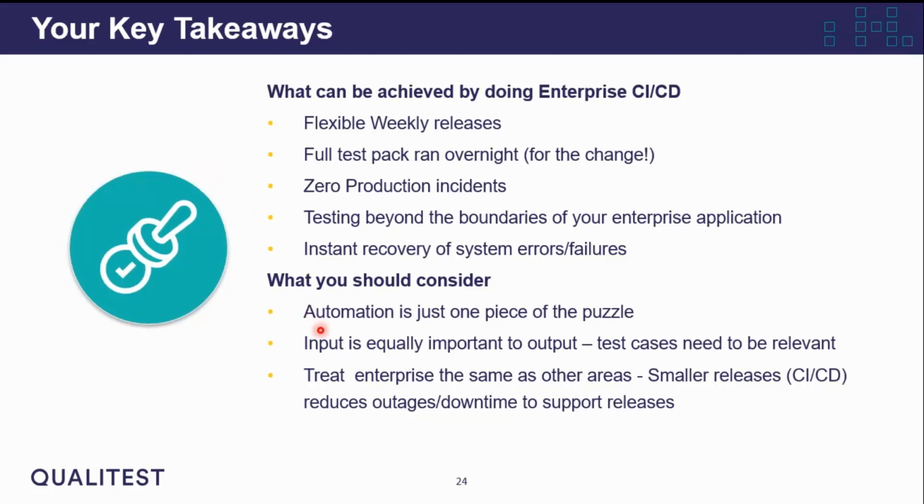We've emphasized that automation is one piece of the puzzle. There are inputs and outputs that must be considered to make sure we hit continuous deployment, not just continuous integration. The input, as we say, is equally important to the output. We need to make sure the test data is clean. We went through the hygiene of that, and then we need to understand the output. The output's great, but what form do we want to view it in? Who's viewing it? How do we want to view it? What information do we want to take out? And not just for that release, but for continuous improvement.